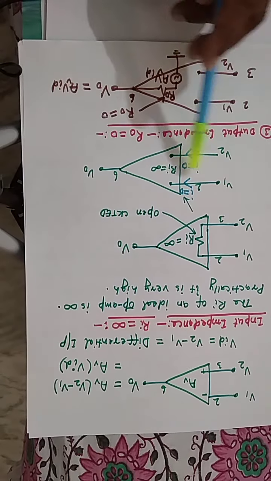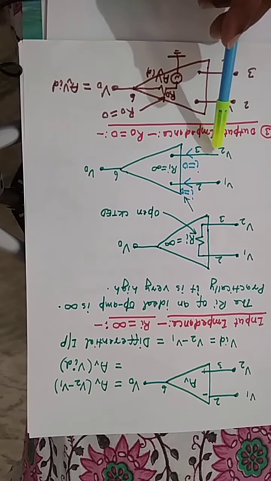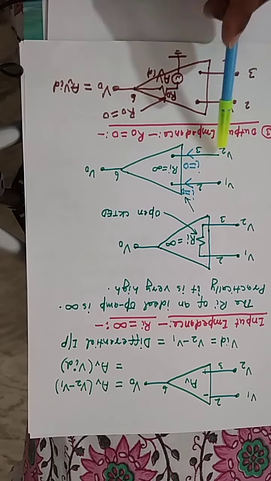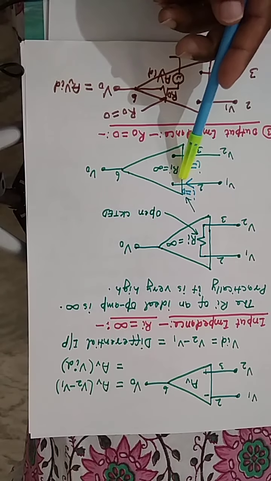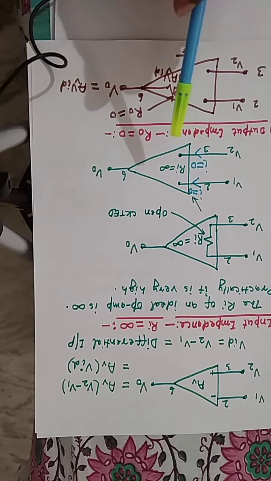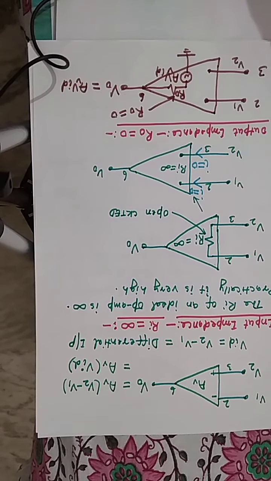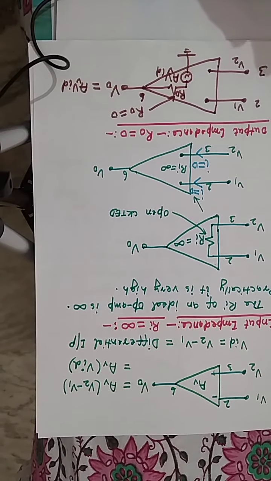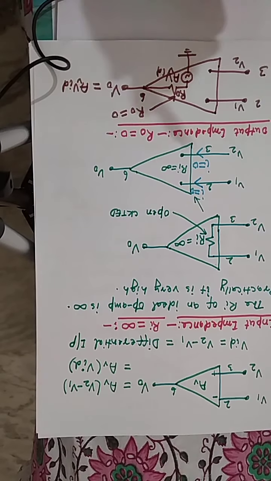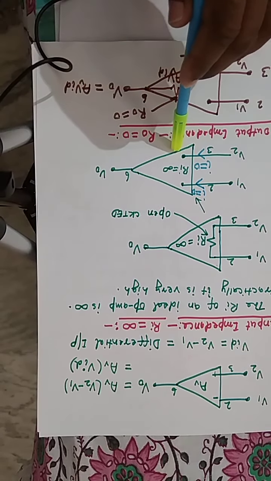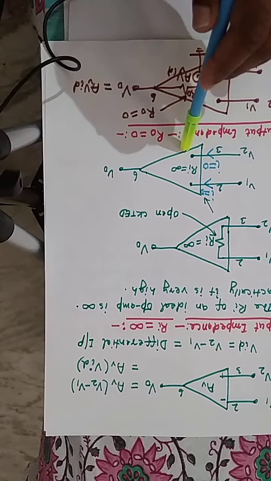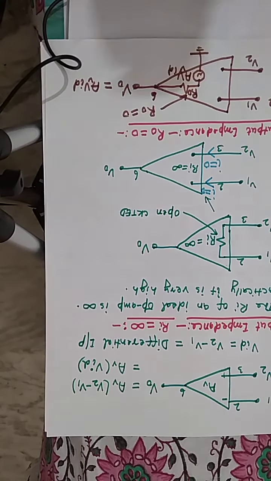This means the input current at the inverting terminal as well as the input current at the non-inverting terminal are both 0. This means the current coming into the op-amp is 0. So guys, this is a beautiful and very important characteristic, that input impedance is infinity. Then what happens if input impedance is infinity? This means input current is 0. This means the power dissipation of any op-amp is very, very less, because practically a very small input current is there, but ideally input current is 0. This means the power consumption, power dissipation is very less.